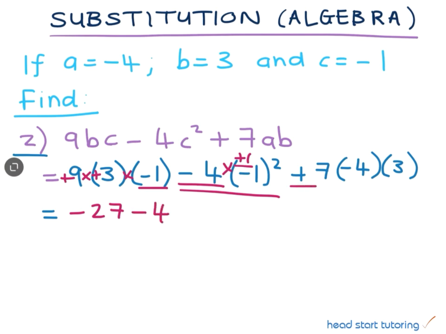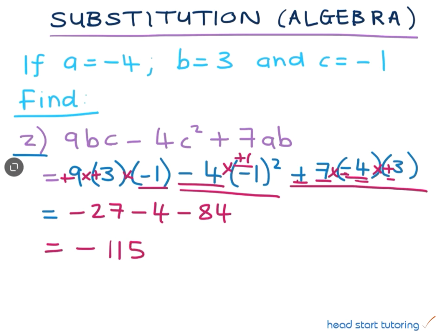Then we work with +7 multiplied by -4 multiplied by +3. So positive times a negative is a negative, and a negative times a positive is a negative. So we're going to have an answer that will be a negative value. Then we say 7 multiplied by 4 is 28, and 28 multiplied by 3 will give us an answer of 84. So we have now got -27 minus 4 minus 84, and that will give us a final answer of